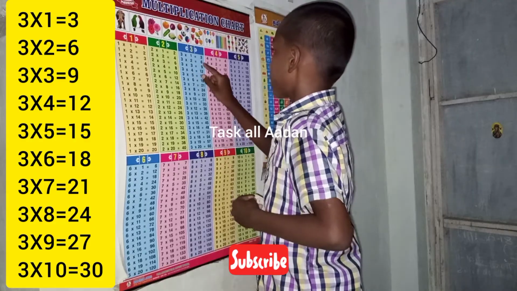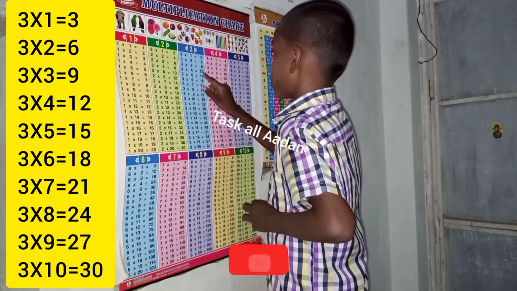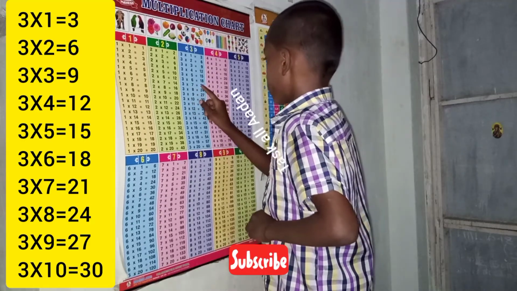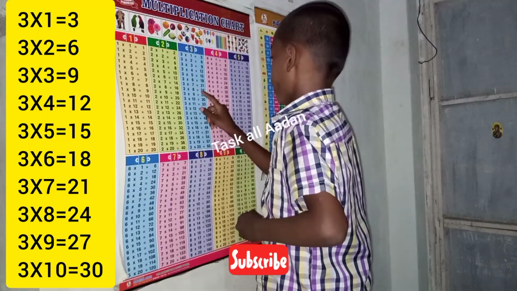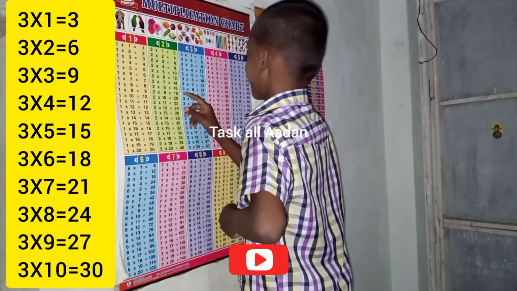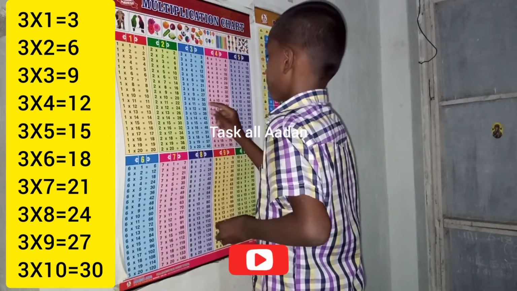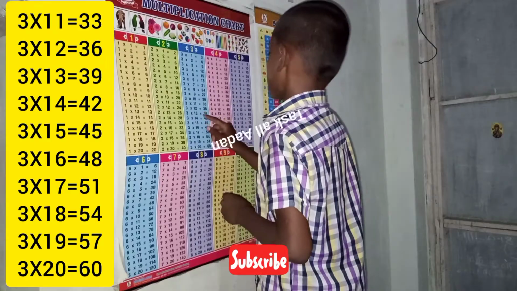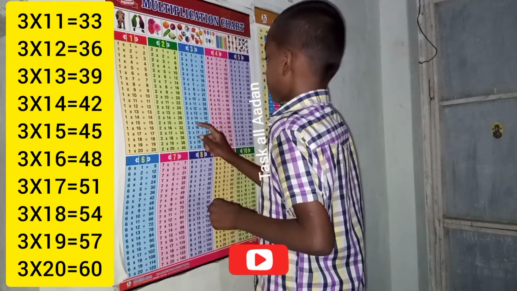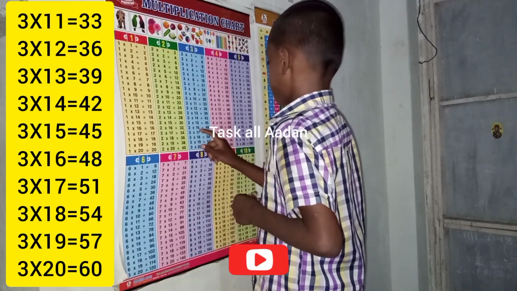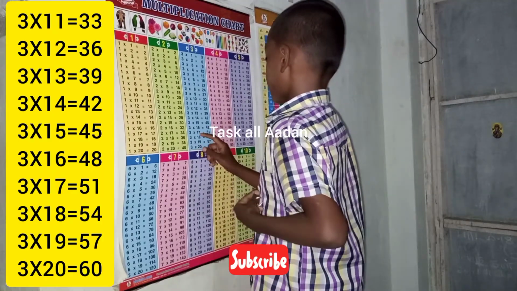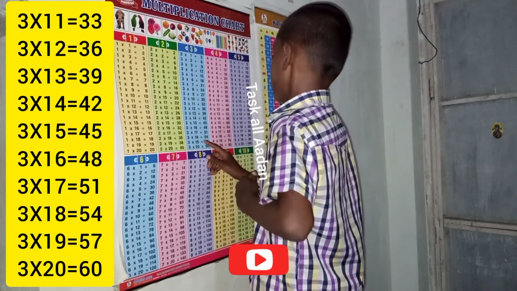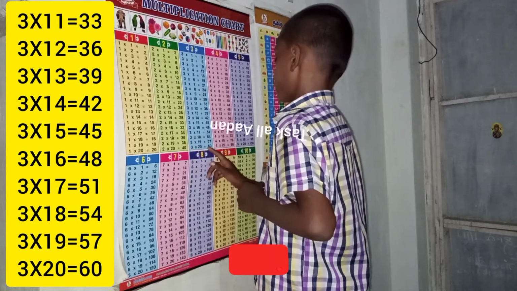3 1s are 3, 3 2s are 6, 3 3s are 9, 3 4s are 12, 3 5s are 15, 3 6s are 18, 3 7s are 21, 3 8s are 24, 3 9s are 27, 3 10s are 30, 3 11s are 33, 3 12s are 36, 3 13s are 39, 3 14s are 42, 3 15s are 45, 3 16s are 48, 3 17s are 51, 3 18s are 54, 3 19s are 57, 3 20s are 60,